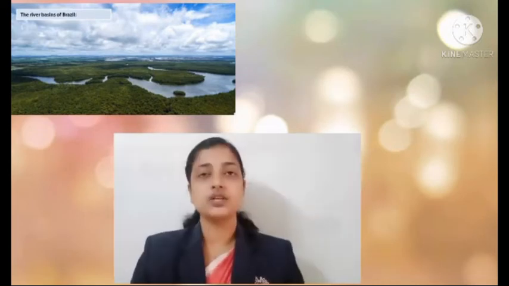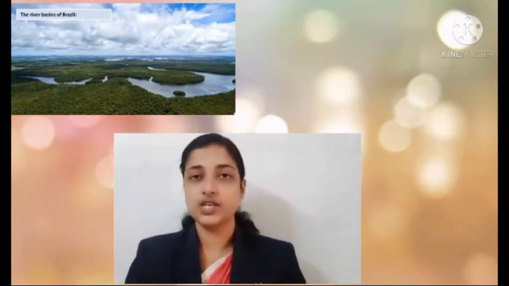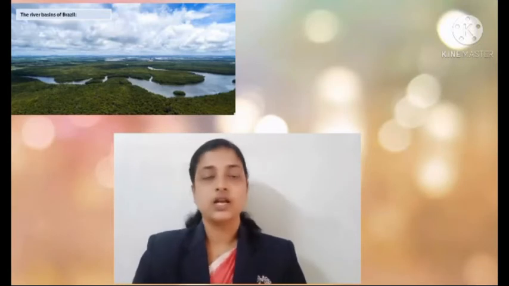What is the mouth here? The part where the river and the sea meet together is known as the river mouth. A network of distributaries is a characteristic feature of this river mouth area. We can see a series of islands occupying the river mouth, for example Marajo Island. The width of the Amazon is 150 kilometers. Because of that, this region is suitable for navigation also.